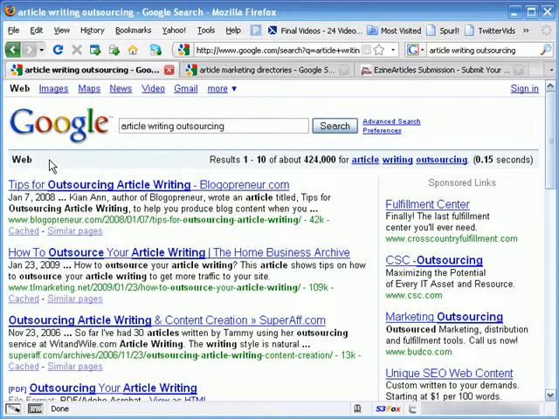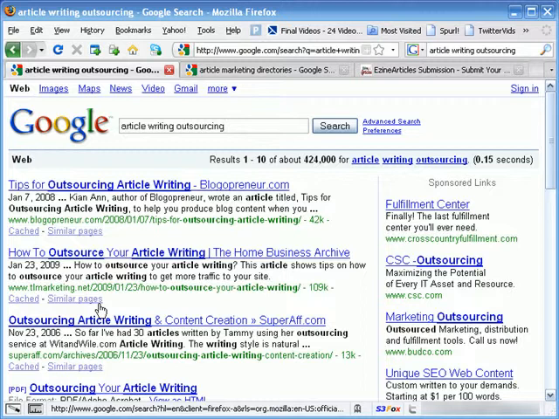And there's, like I said, a number of places that you can do that for, most of which are rather inexpensive. For example, offhand, you can have some written, depending upon the number you have written at one time by the same person, anywhere from $5 to $50 a pop. So with that thought in mind, you're only looking at maybe 2, 3, 4 articles tops, maybe even just one to get your feet wet.